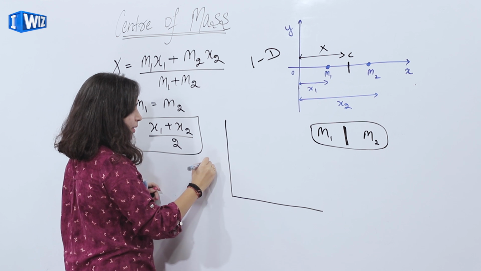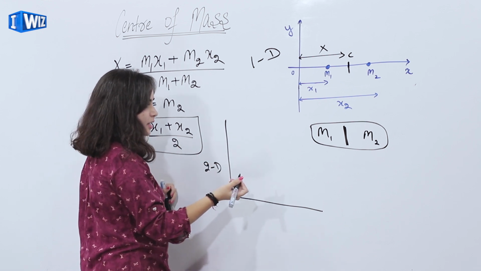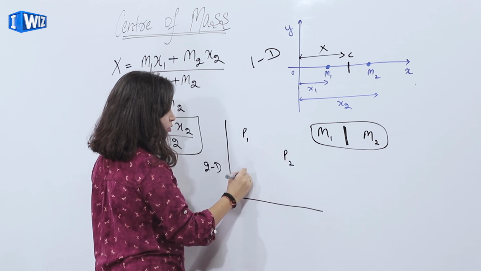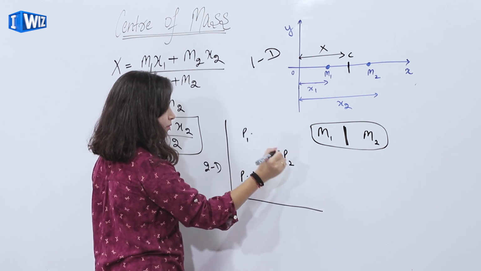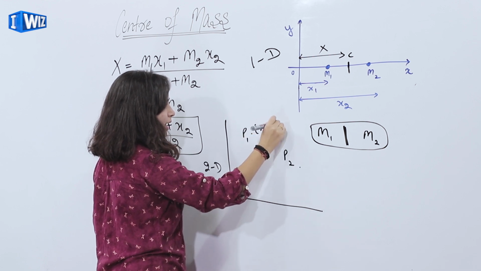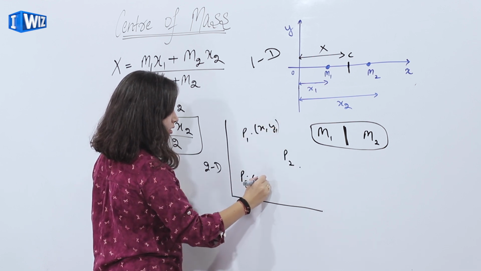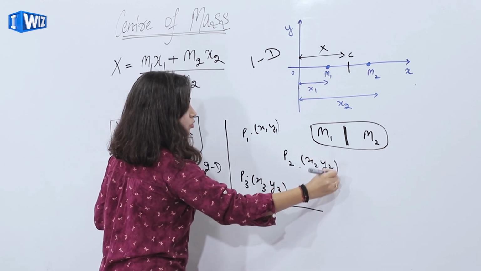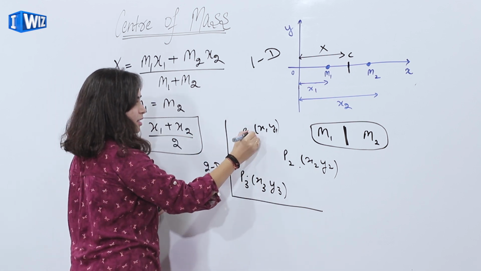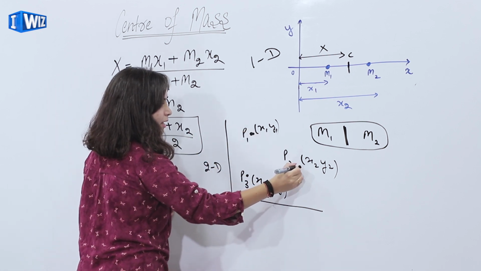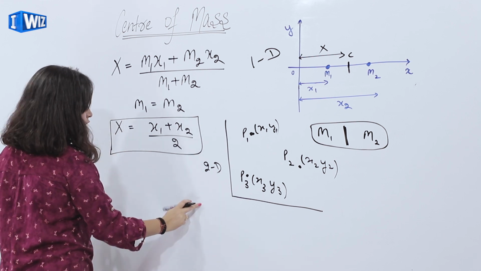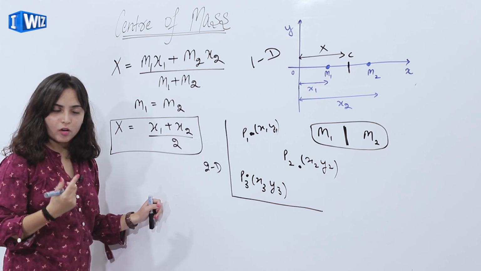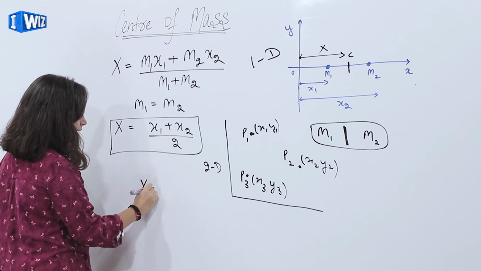If we consider a plane, or two dimensions, say we have three points P1, P2 and P3, with coordinates (x1, y1), (x2, y2), (x3, y3). So we have to find the center of mass of this system, which has 3 particles. Here the center of mass will have two coordinates, an x coordinate and a y coordinate. So for the x coordinate,